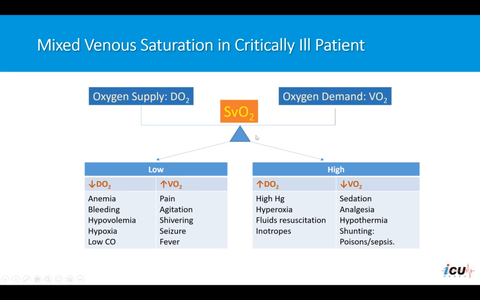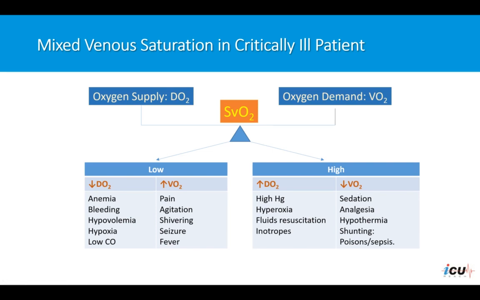Now, on the other side, if the mixed venous saturation was high, this could be related to either increased oxygen delivery, as it might happen with conditions of high hemoglobin, cases of hyperoxia or fluid resuscitation, or the use of inotropes such as dopamine,